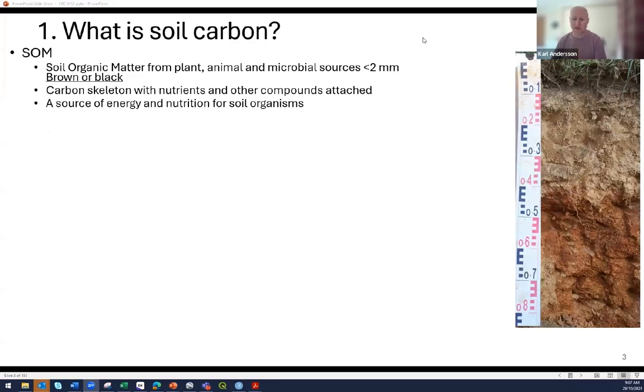A couple of these slides I did have in the earlier presentation, but I thought I'd just go through them again, just nice and briefly. When we talk about soil carbon and soil organic carbon, the focus falls to carbon, but the most important thing is the soil. So we've got to bring it back to that, I think. And the carbon is just part of organic matter, which is the real thing that turns dirt into soil. It makes it that living thing. You can see it. It's the dark stuff at the top of the soil here.